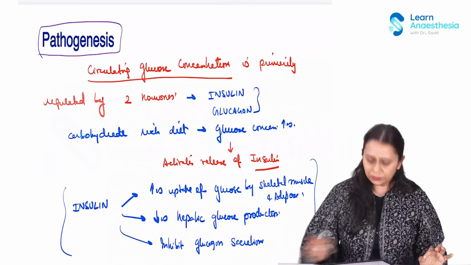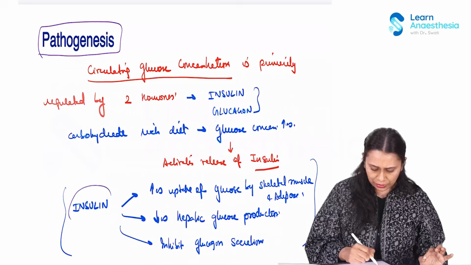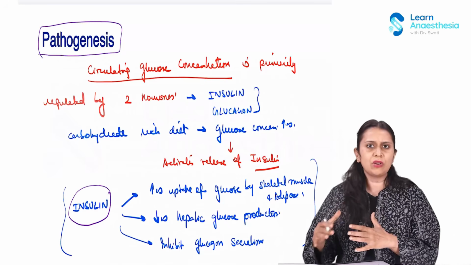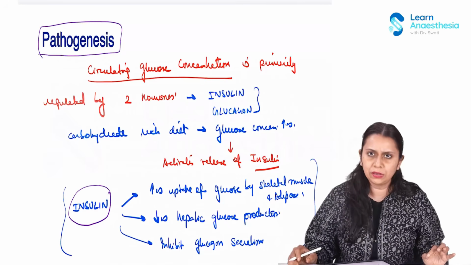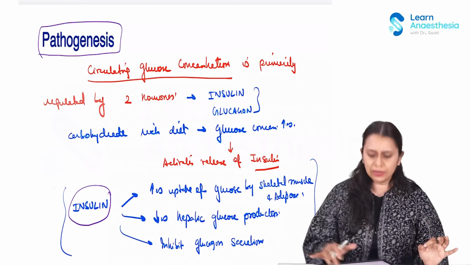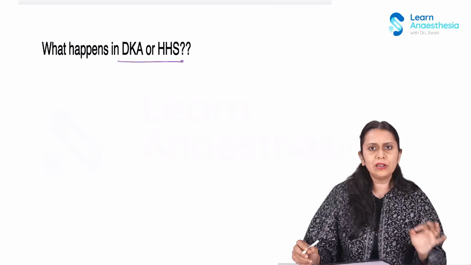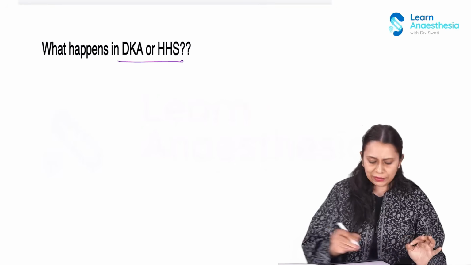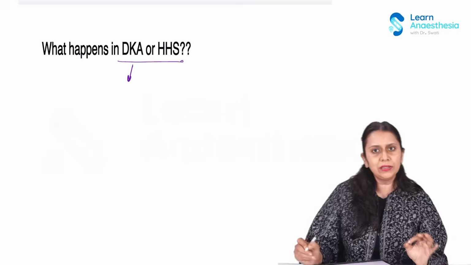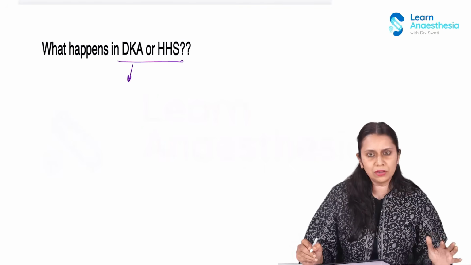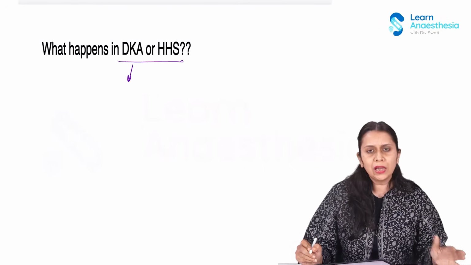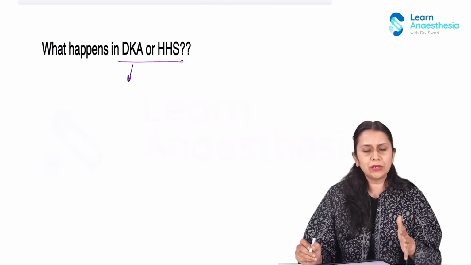And this is primarily responsible for maintaining the normal blood sugar level. What would happen if this hormone insulin is not there, which is the primary pathology in diabetes? So what happens exactly in DKA, diabetic ketoacidosis, and hyperosmolar hyperglycemic state? In diabetic ketoacidosis, there is insulin deficiency, the complete absence of the hormone insulin, and in hyperosmolar hyperglycemic state,